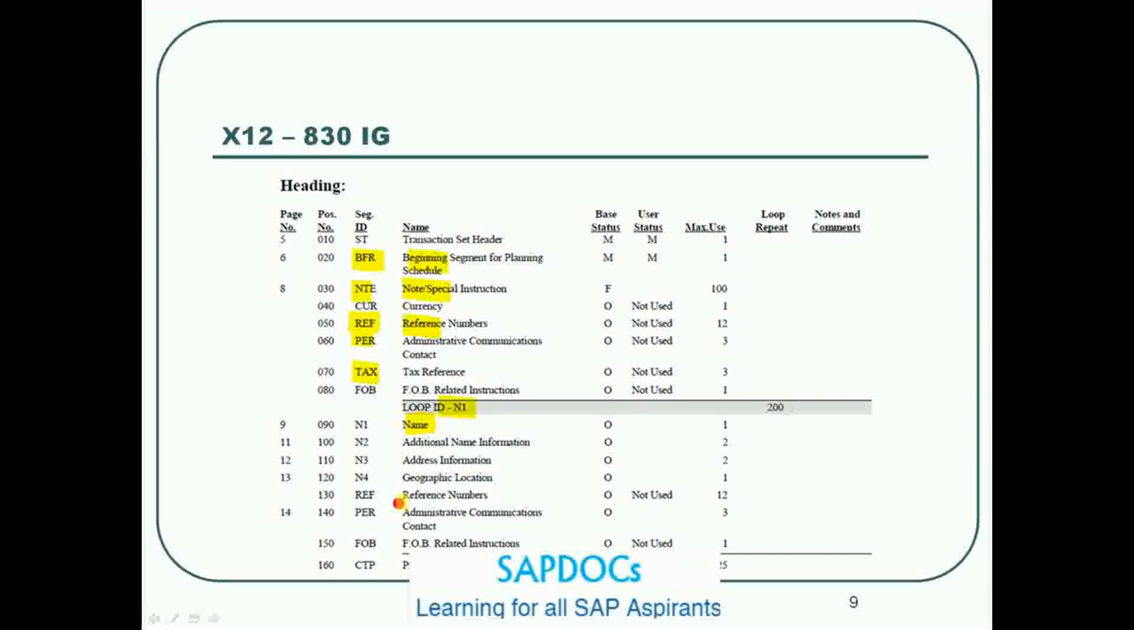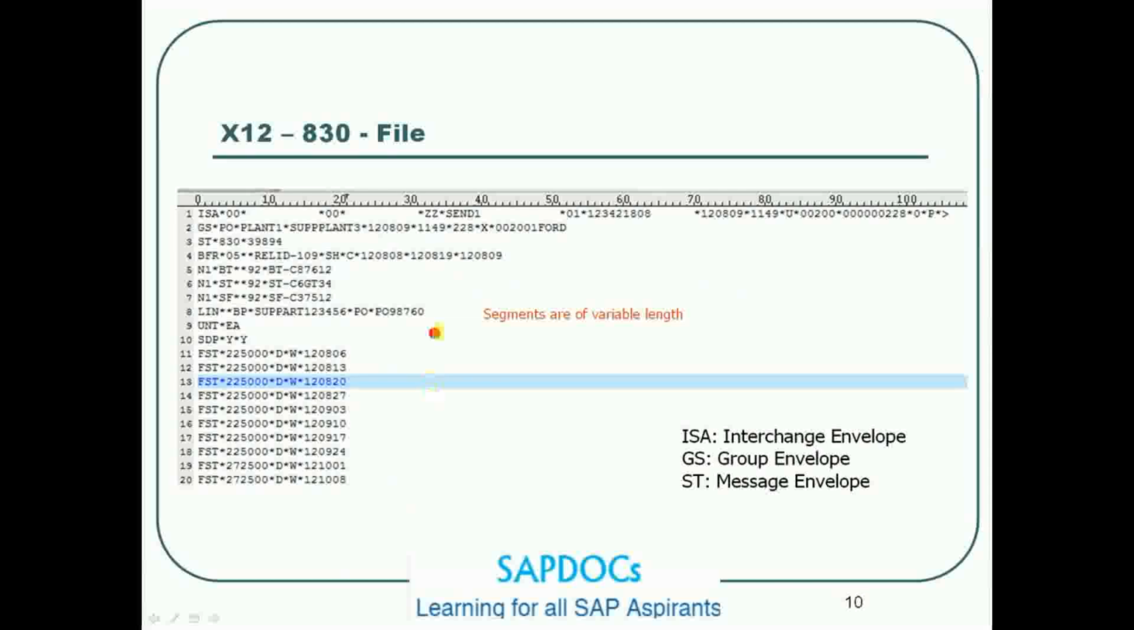Now let's take a look at the sample file, and as you can see in the sample file, there are 3 different segments of the file that only one segment we saw in the IG in the previous slide. These 3 segments, ISA, GS, and ST, are called envelopes. Envelope in a way that it tells who is the sender of the message and who is the receiver of